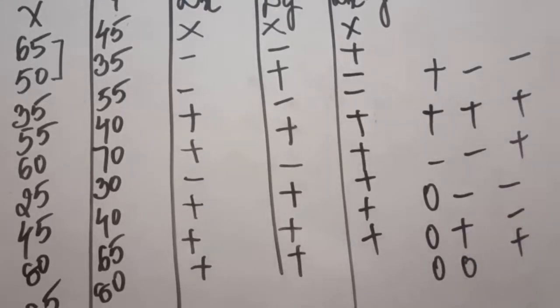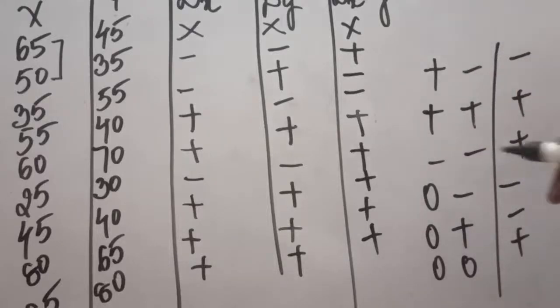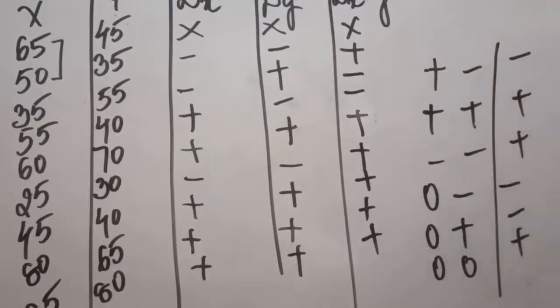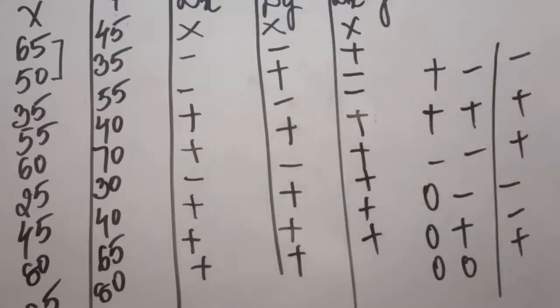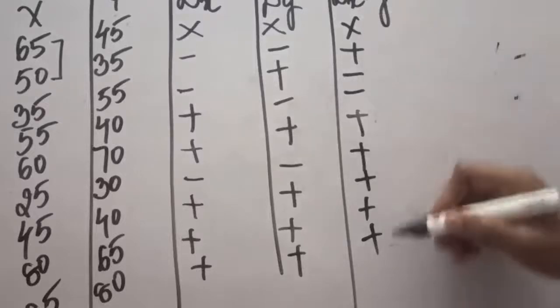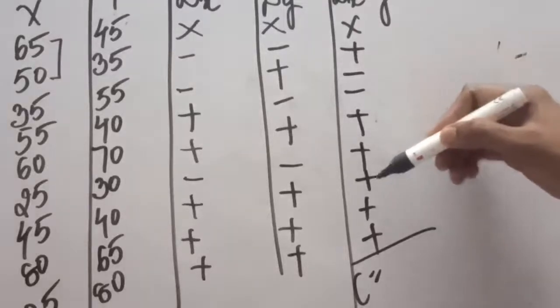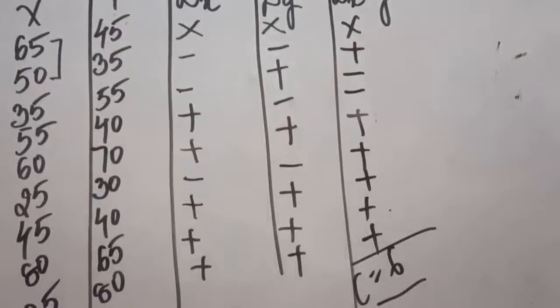And here plus signs are very important, so again I will repeat. Plus minus is minus, plus plus leads to plus, minus minus is plus, 0 minus is minus, even 0 plus is minus. But if two zeros come in front, that will lead to plus. Now after this, you just calculate how many positive signs there are. 1, 2, 3, 4, 5, 6. So C has come out to be 6. You have to count the positive signs.